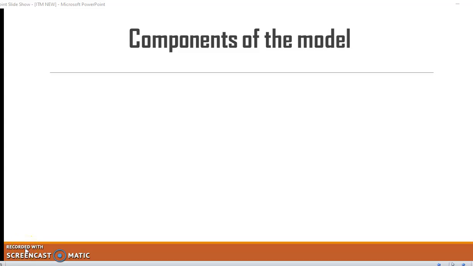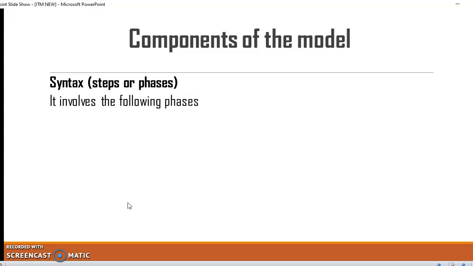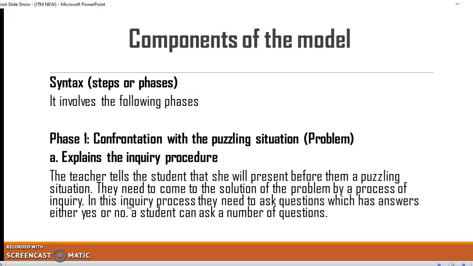Hello everyone. We're discussing the inquiry training model for the teacher section. And in the previous lecture, we were discussing the various steps or the syntax of this particular model, wherein we